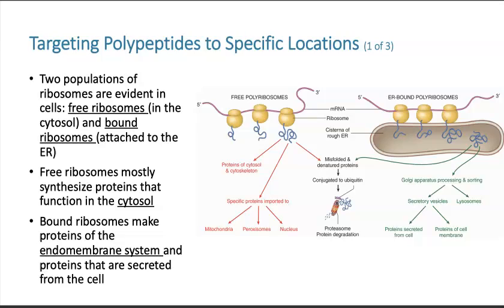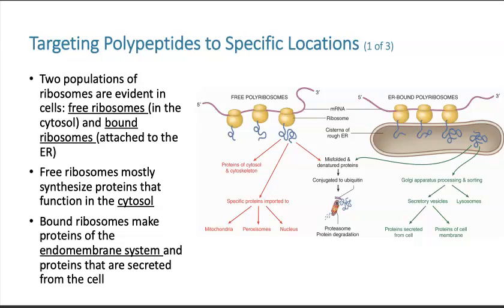For example, maybe they're making the cytoskeleton, or maybe they're proteins involved in construction of ribosomes themselves, or making peroxisomes, or maybe some of the proteins that are used in the nucleus. So if a protein is going to stay inside the cell, inside the cytoplasm, it's going to be made only by the free ribosomes. If, on the other hand, the ribosomes are bound to the endomembrane system, they are going